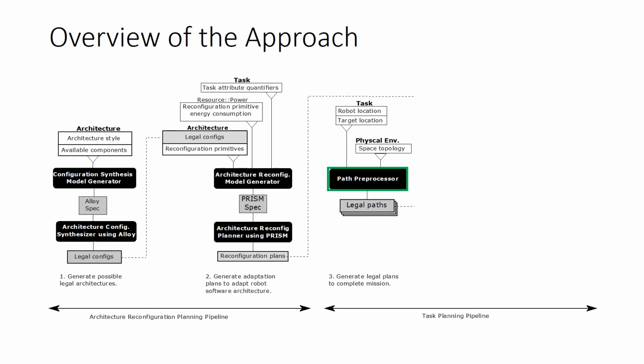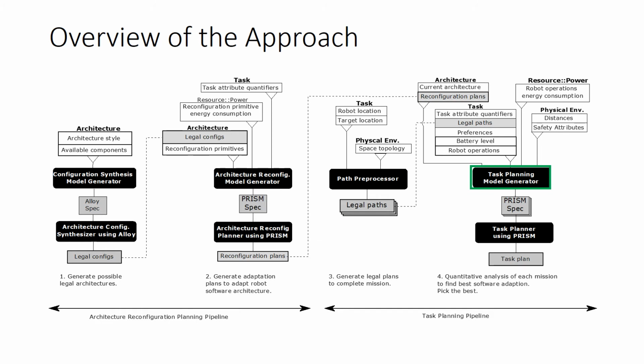This step is introduced as an optimization over performing path synthesis via model checking, which is much more expensive in computational terms. The last stage of the task planning pipeline performs the analysis of all candidate task plans, which include both a path and a reconfiguration in which the path will be traversed to complete the mission. The first step of this stage is generating a set of candidate task models, each of which is encoded as an MDP PRISM specification. To produce this set of specifications, the task planning model generator component receives the set of legal paths generated in the previous stage, as well as the set of legal reconfigurations obtained from the architecture reconfiguration